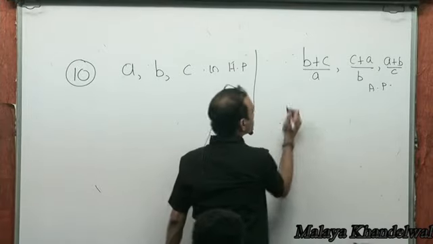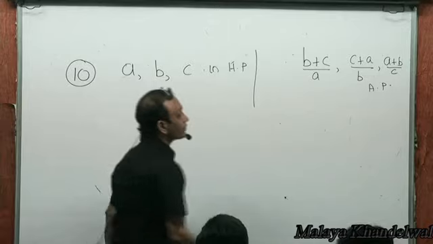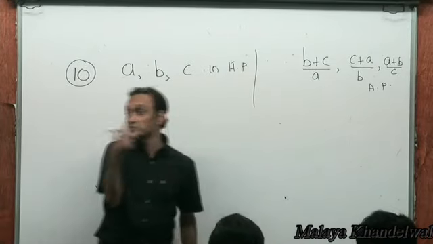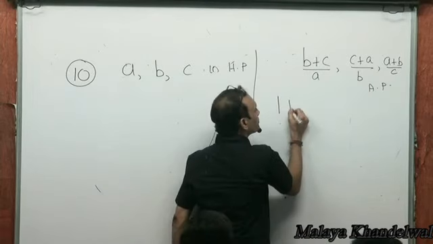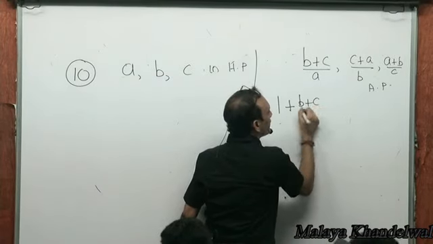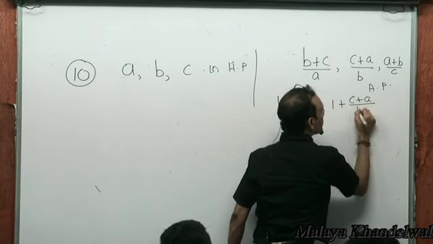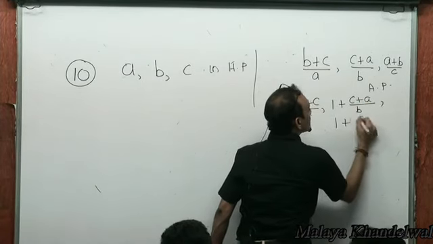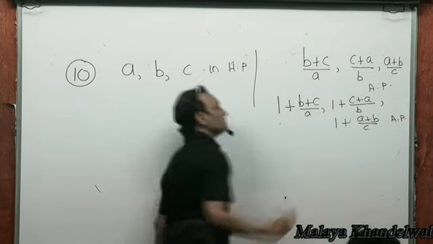Very simple. They would be in AP if you add 1 to all of them and the resulting terms are in AP, then they would be in AP. That means if 1 plus (B plus C) by A, 1 plus (C plus A) by B, and 1 plus (A plus B) by C are in AP. This would happen if these are in AP,